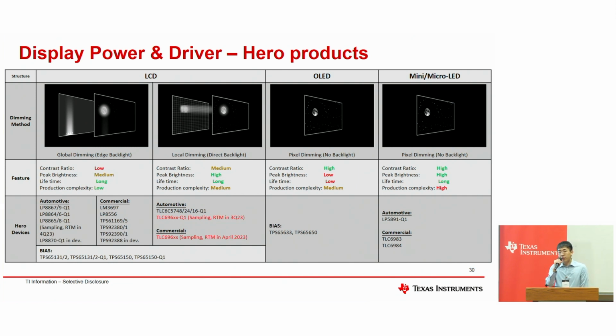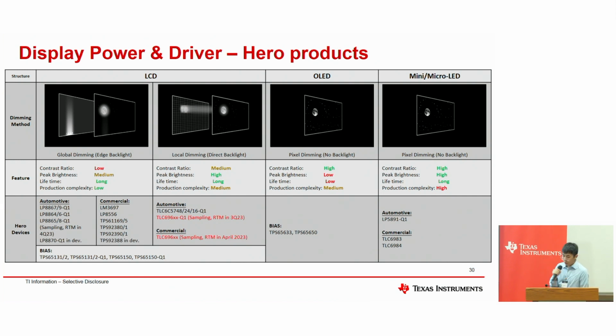Okay, so this is a general global trend we see, especially in display technologies. We have separate groups for them. One is the traditional LCD, the liquid crystal display. The most advanced can be OLED. The right-hand side one is the mini or micro LEDs, which gives you the highest contrast ratio and display quality.